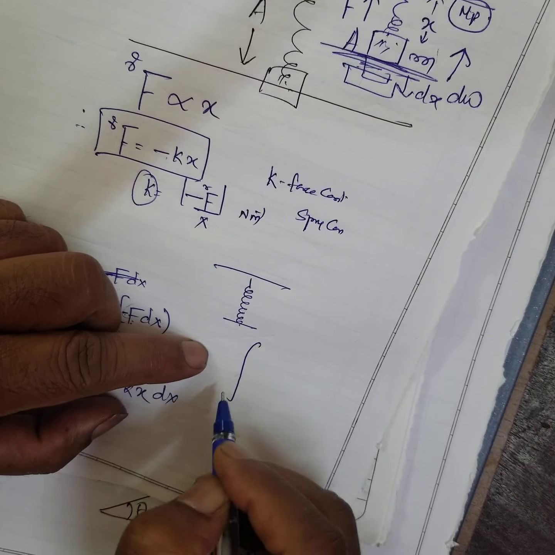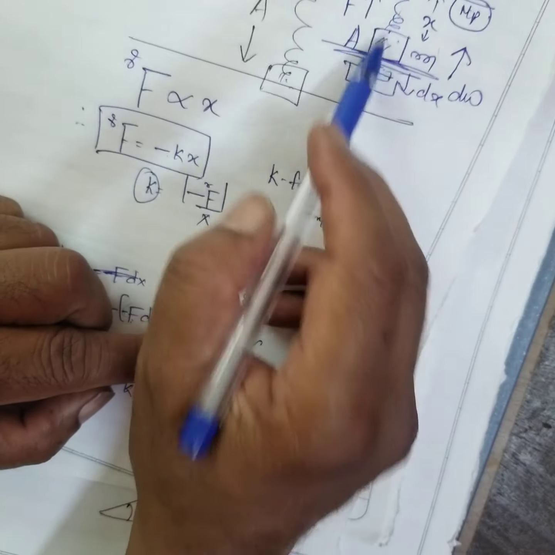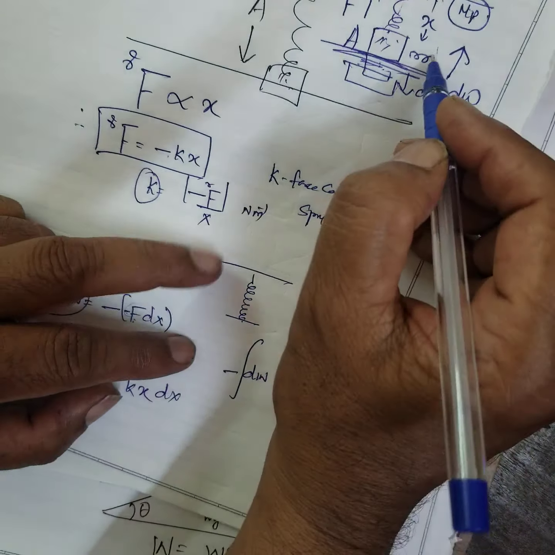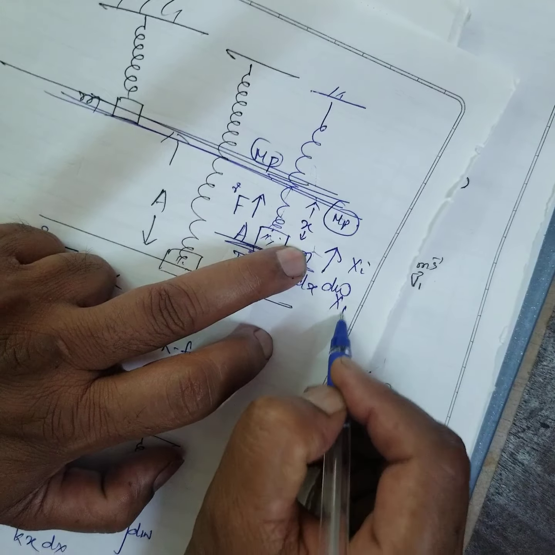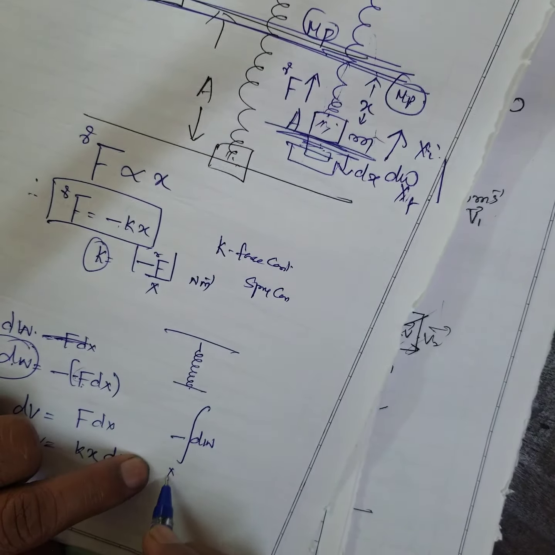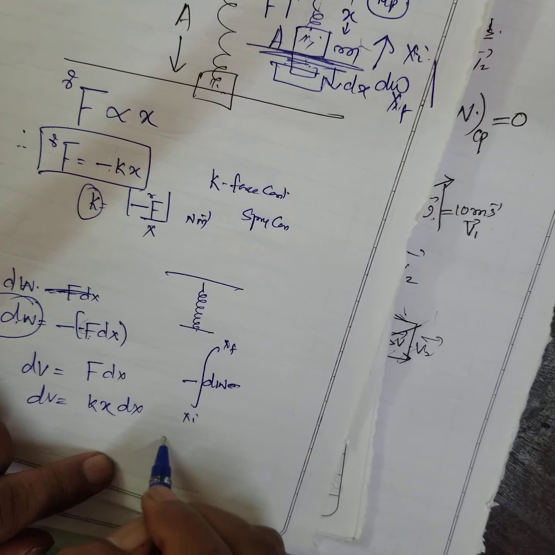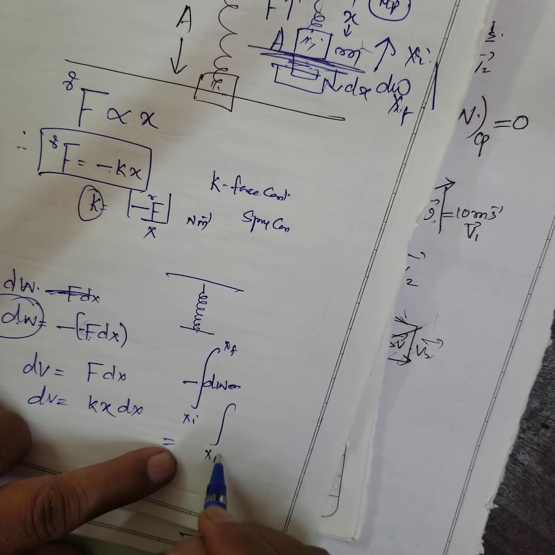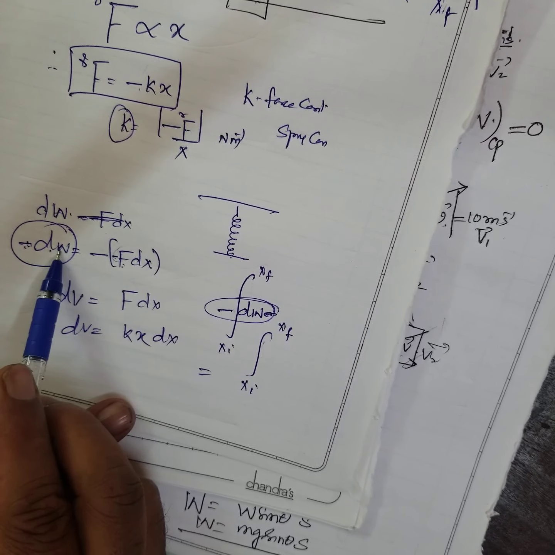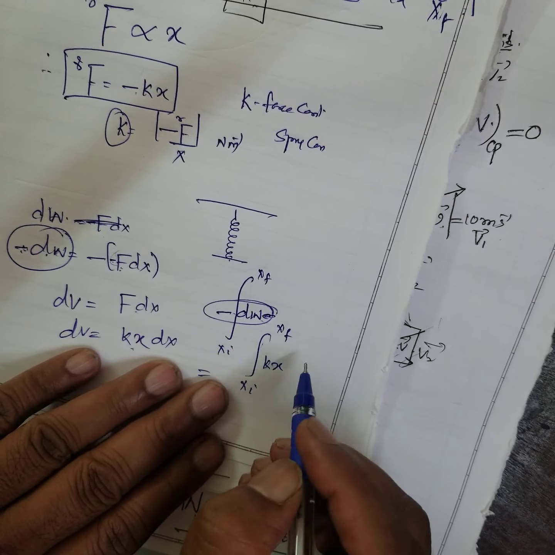Then what is the total work done against the direction? Against the direction of the force. This is the direction of the central force. But I am pulling it down, work done from initial position to final position. I pull it down from here to here. Okay. Therefore, initial position to final position, work done is equal to the integral from x initial to x final of minus F dx. Minus F is equal to kx. That is kx dx.